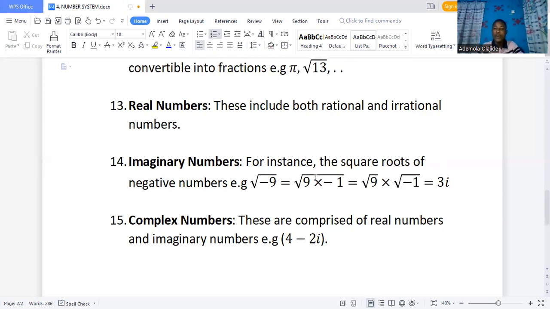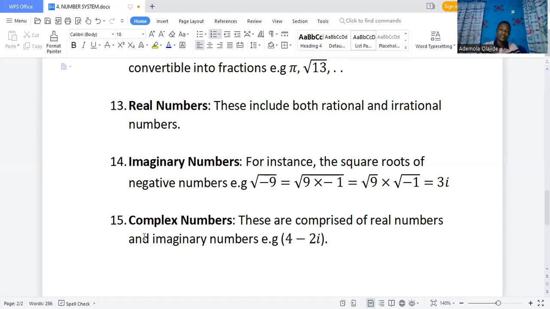And if we are trying to simplify it, we can say the square root of -9. -9 is the same thing as 9 times -1. And the square root of 9 times -1 is the same thing. You can distribute the square root, since the square root is a power of one half. So you can distribute it here and say square root of 9 times square root of -1. And the square root of 9 will give you 3. But since we don't know what to use to represent the square root of -1 as a value, we call it letter i. That i stands for imaginary. So that means the square root of -9, we see it as 3i.